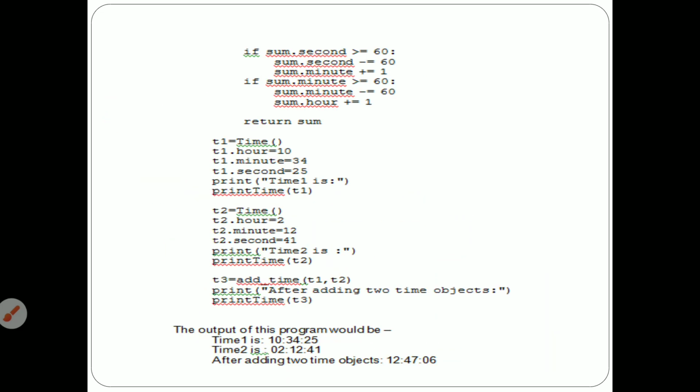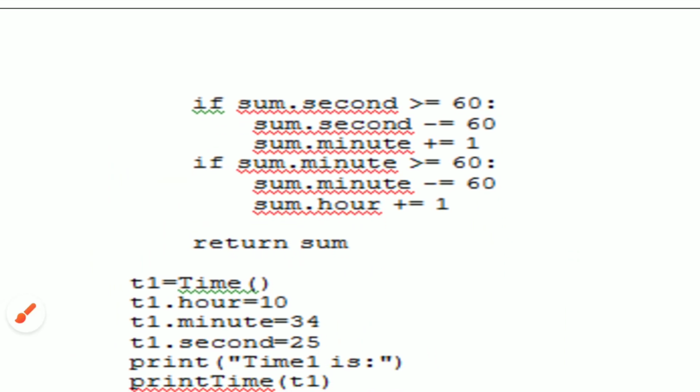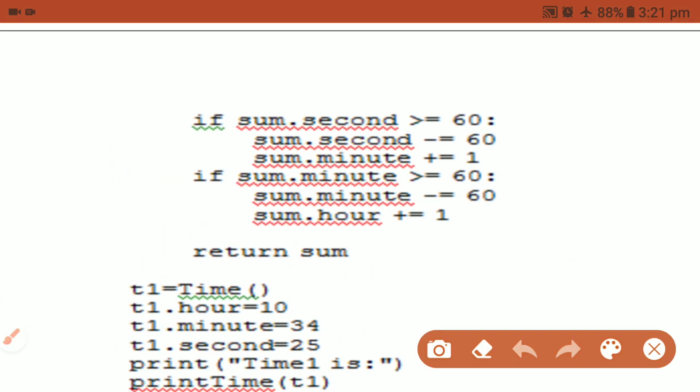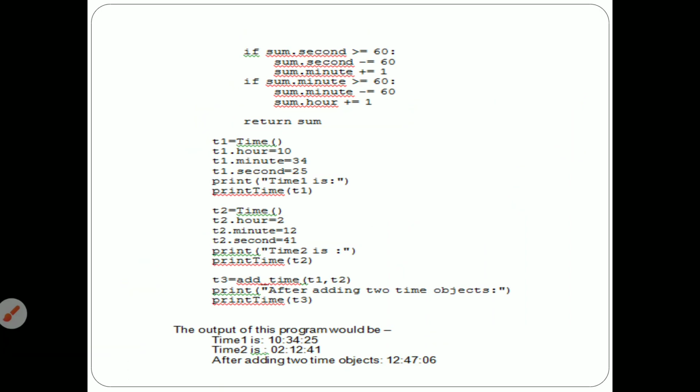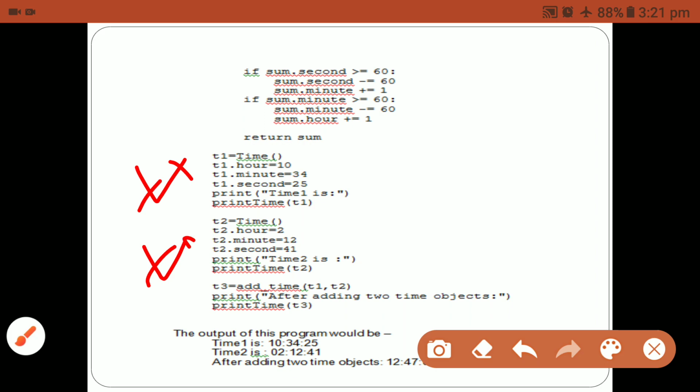And here first I'm using sum.seconds. If it exceeds 60, the seconds are reduced and automatically the minute counter is incremented. Similarly, if the minutes exceed 60, the minute counter is reduced and the hours are incremented. Then we return this sum.